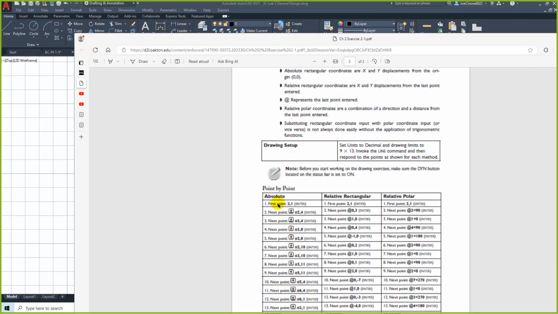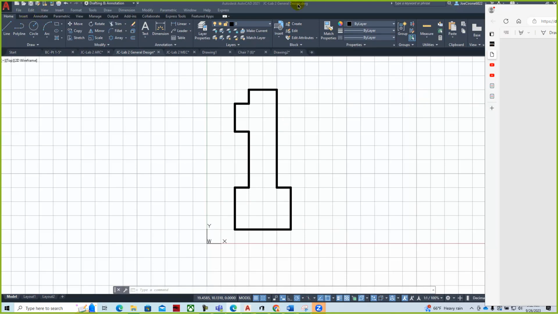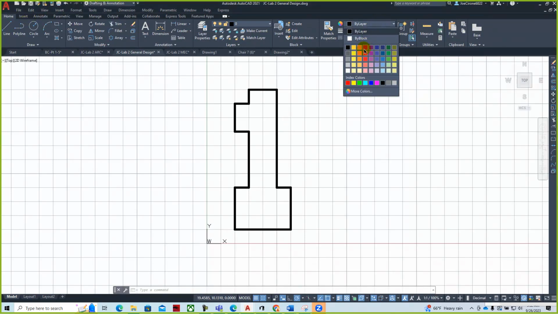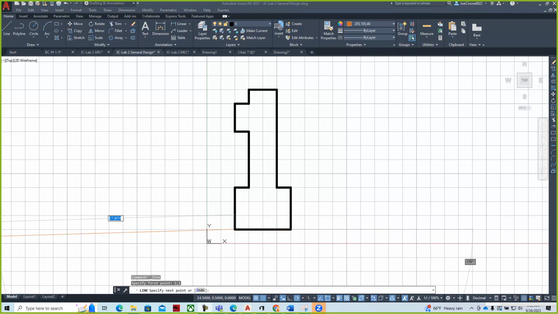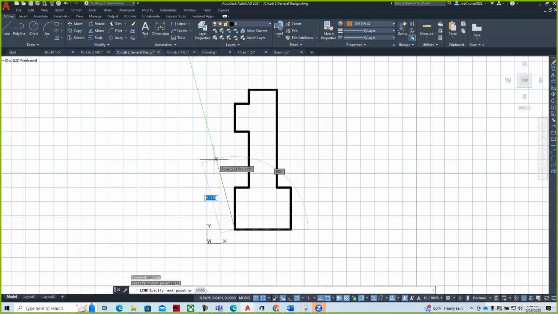And so if I wanted to create the geometry in absolute coordinates, I would draw a point from 2, 1, hit enter, and then I'd hit the pound 2, 4. Let's go and make it a different color. We'll go with orange. We'll say line, first point 2, 1, enter, and you can see it goes to the coordinate, very accurate. And then I'm just going to look at my second screen, and I'm going to go 2, 4, and so for my x coordinate, I'm going to say pound